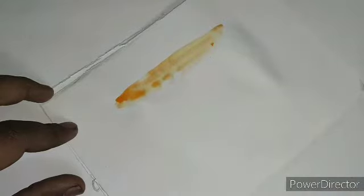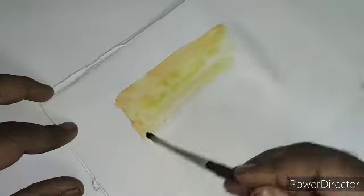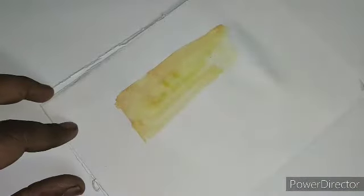Students, now number five, when you are coloring your drawing, always keep in mind that you should wait for drying. Always allow your color to dry before applying the second layer. First layer always